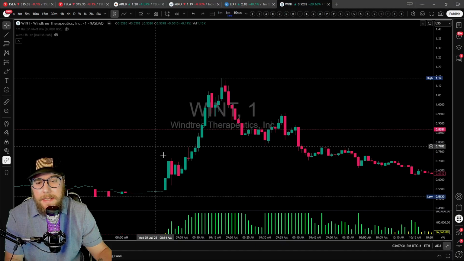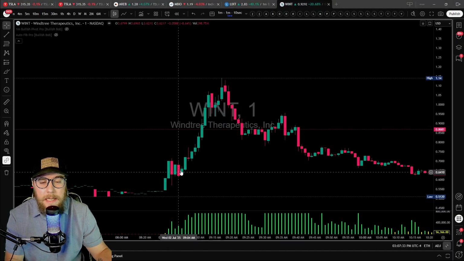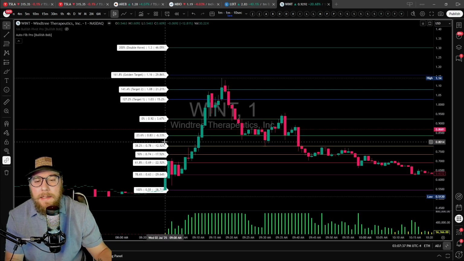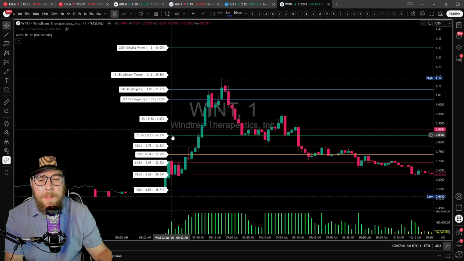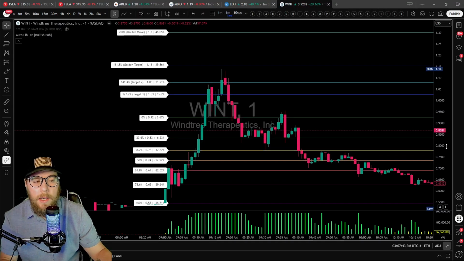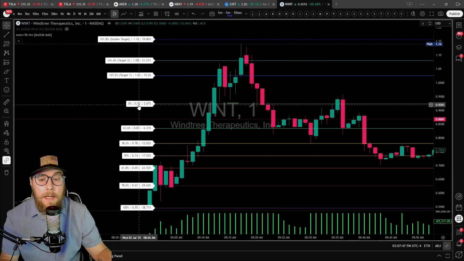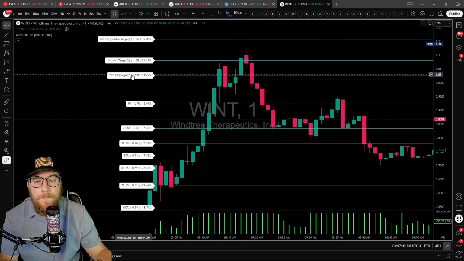So as we see that type of move on WINT, that gap up, that retracement, pull back a little bit, we're going to have that then plot onto the chart for us automatically, and then we can really develop an area of value for possible targets. So we can see WINT, it was a cheap stock under $1. However, it got above this 0% level, hit the first target, hit the second target, did not hit that third